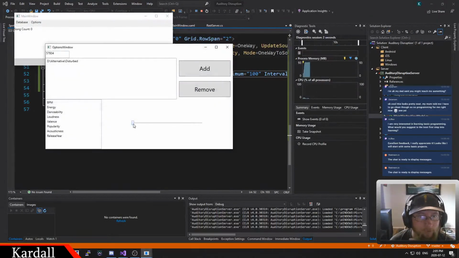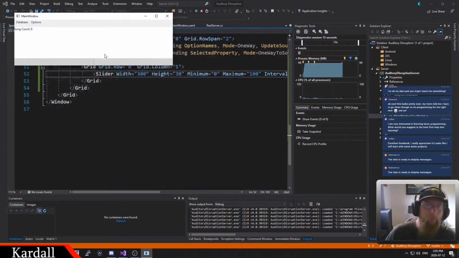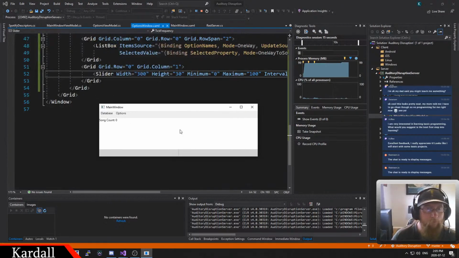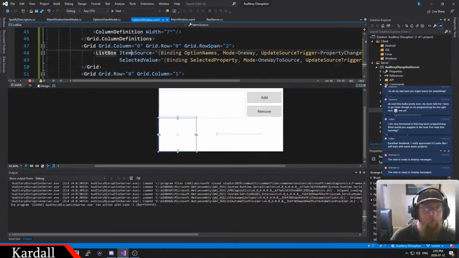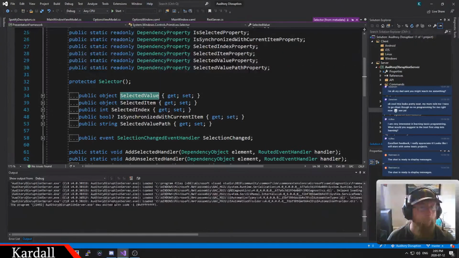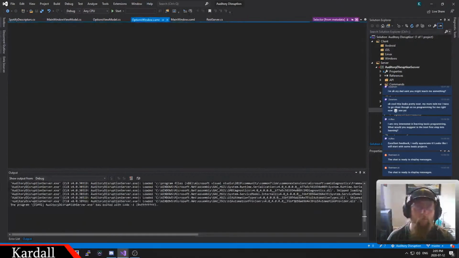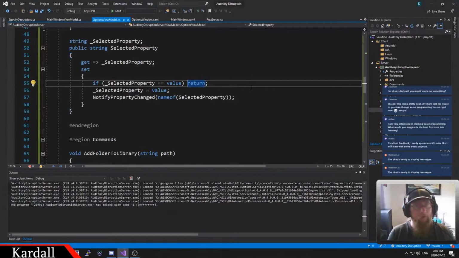See what this looks like. Really doesn't look any different. Alright, so okay, when I select the value,